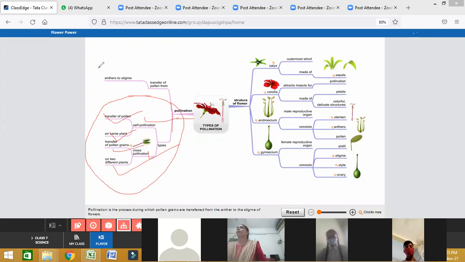And here, what is the process? In pollination, see, it is the transfer of pollen grains from anther to stigma. This is called pollination. And see, this is the structure of the plant, that is very clear, and everyone will note it down. This is very good. This is given in a chart. So this is very important for you. Okay, note it down.